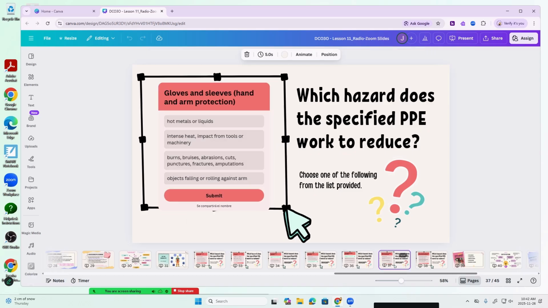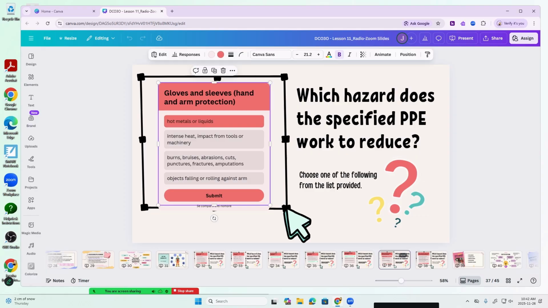The next one is gloves and sleeves, hand and arm protection. Is it going to protect you from hot metals or liquids, intense heat or impact from tools or machinery, burns, bruises, abrasions, cuts, punctures, fractures, amputations, or objects falling or rolling against your arm? Now again, it depends on the kind of glove. If we're talking the latex medical gloves, then no, it's not going to protect from hot metals or liquids.